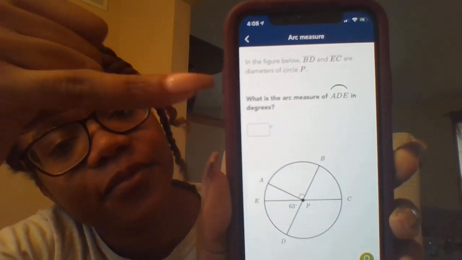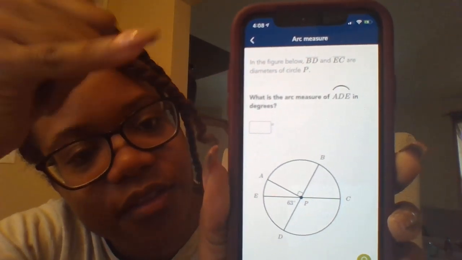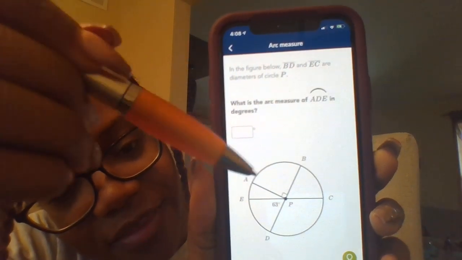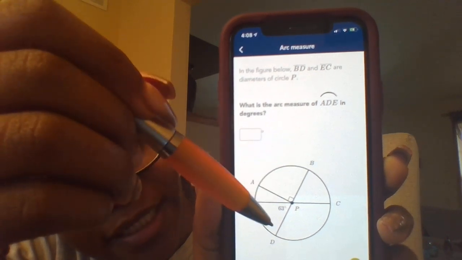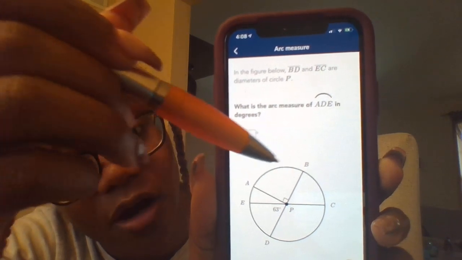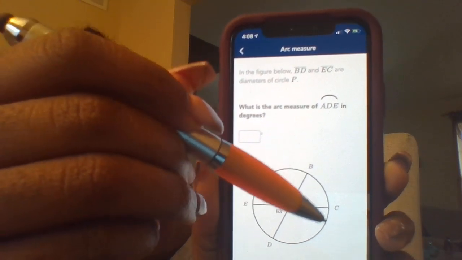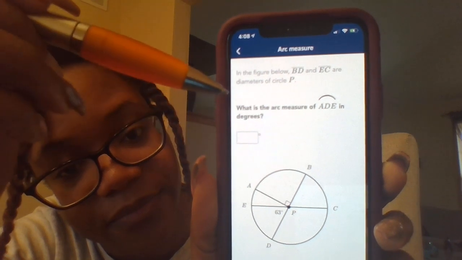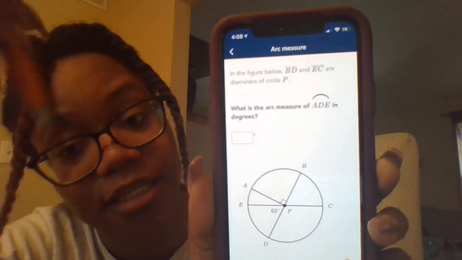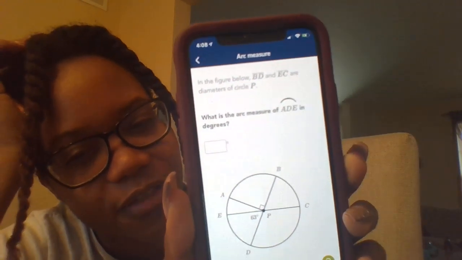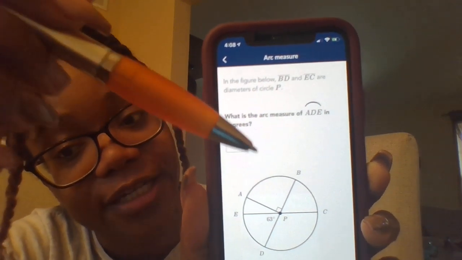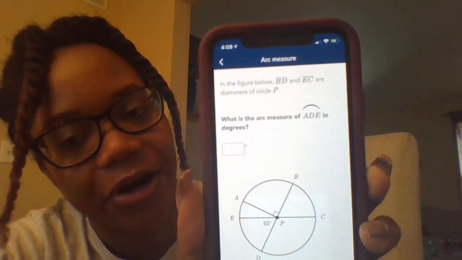In this next problem, we are told that in this figure, segment BD and segment EC are diameters. So again, they're telling us this so that we know that this arc is 180 and this arc is 180. And we are asked to find the measure of the major arc ABE. So remember, we talked about the difference very briefly between major and minor arcs. A major arc is going to be bigger than 180 degrees, a minor arc is going to be less than